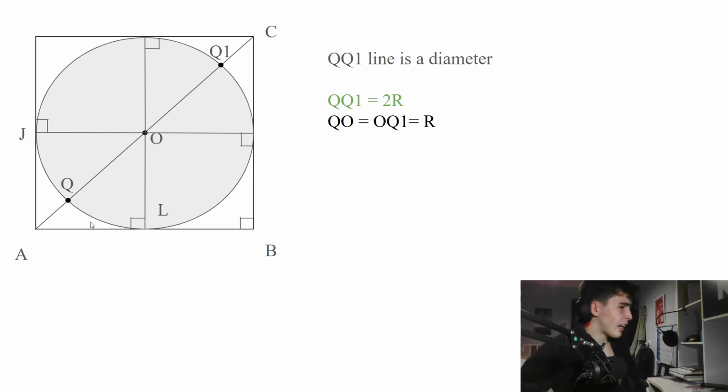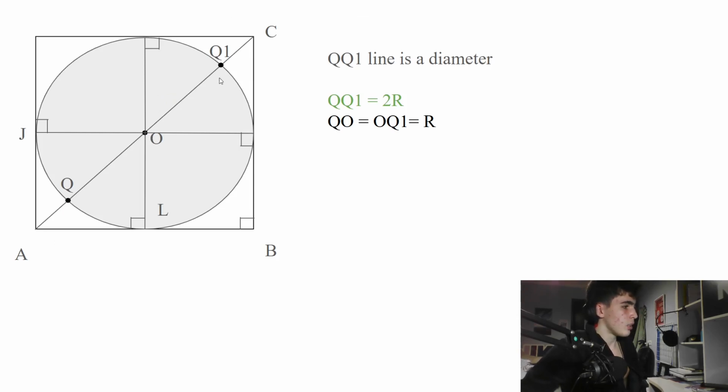Okay, so we know that AC is a diagonal and Q and Q1 are points on the diagonal. This diagonal goes through point O, and this point O is also the center of the square and the circle. The middle point of the diagonal is always the center of the square. It also gets intersected by the second diagonal, and their intersection is the point in the center of the square. It is also the center of the circle,